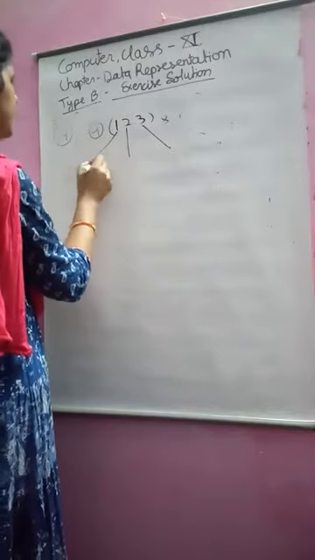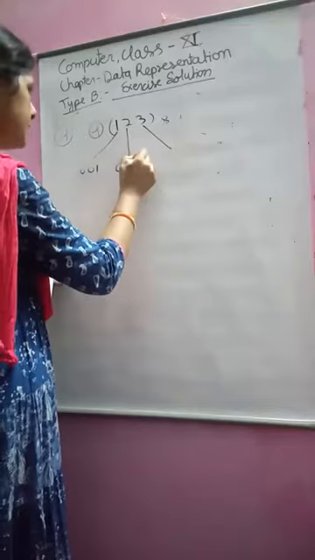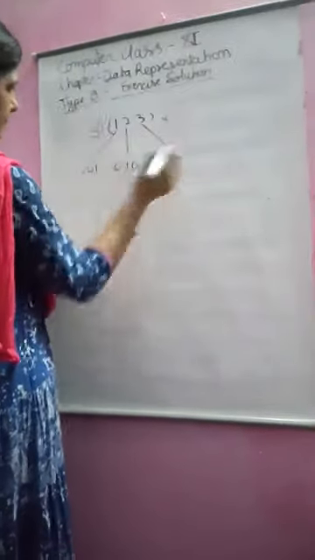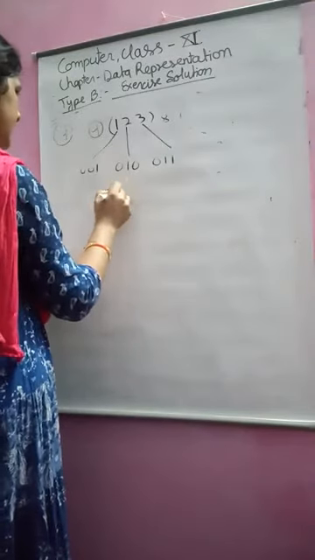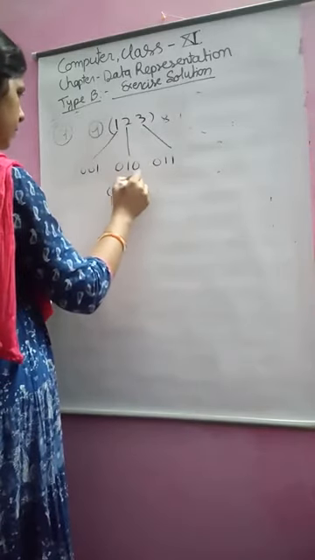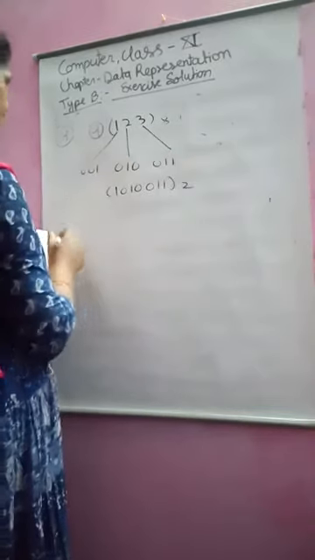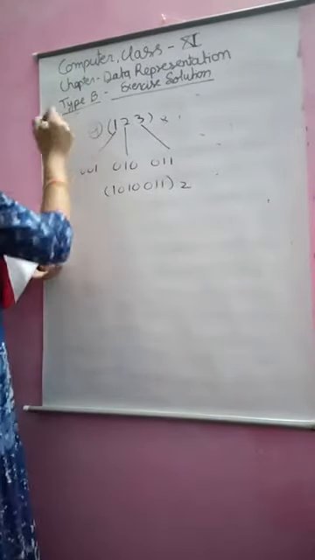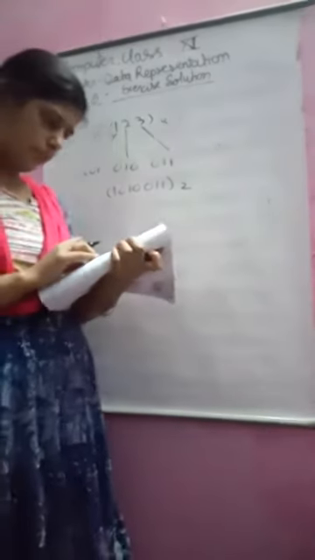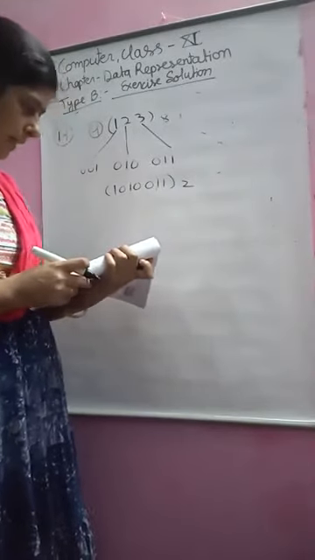1 means 0 0 1, 3-bit equivalent binary. 2 means 0 1 0, 3-bit equivalent, and 3 means 0 1 1. Combined, it is, you can omit this 2 0, 1 0 1 0 1 0 0 1 1, equivalent binary number. It's 14. Now question number 15. Convert that octal number to the binary. Same. 16. Convert the binary number to the octal number.